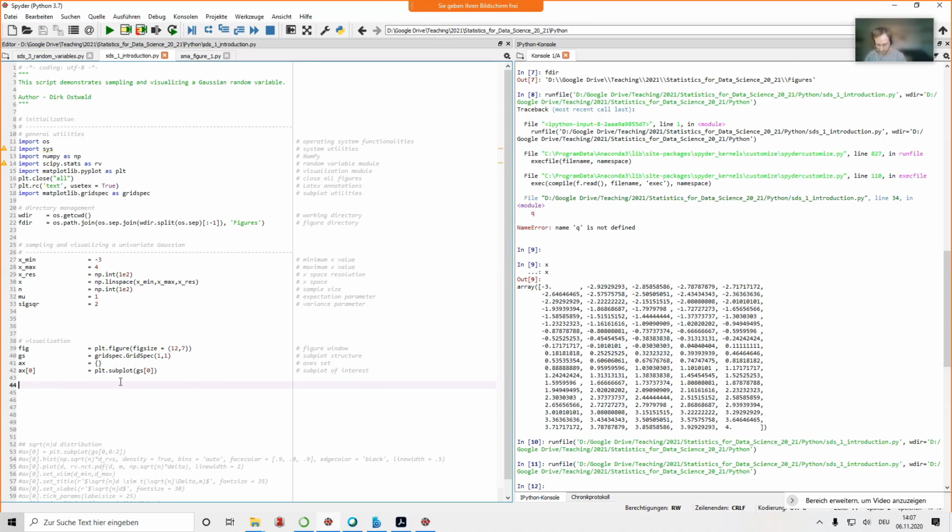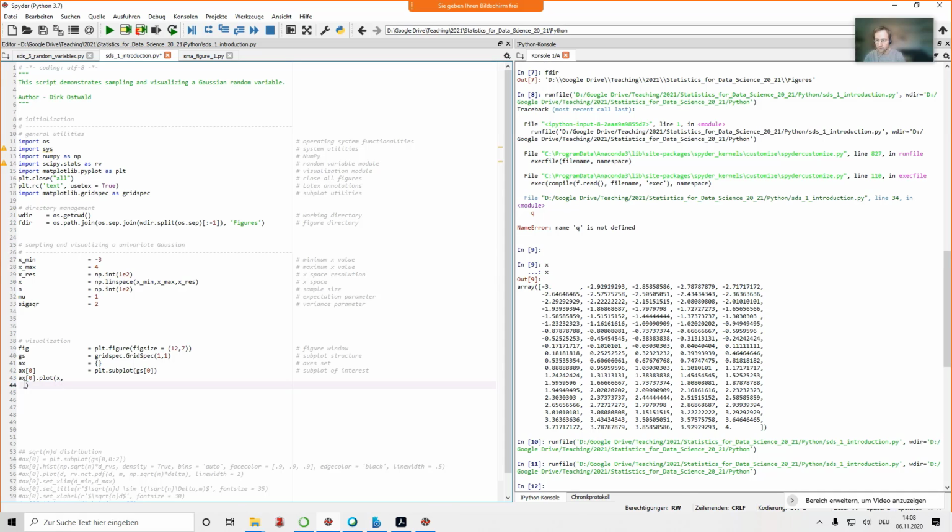And now we actually want to plot something, and what we want to plot is the PDF. So we want to plot the PDF of the univariate Gaussian with the parameters that are specified here, so mu and sigma square here, and that of course can be done using the plot function. And there, of course, we need an x and a y argument. So our x we created up here, and now our y is the PDF.